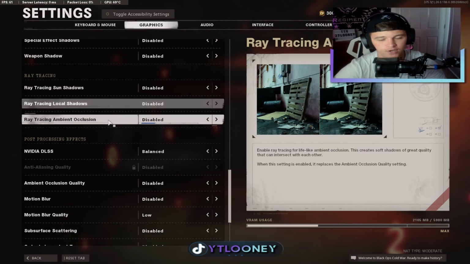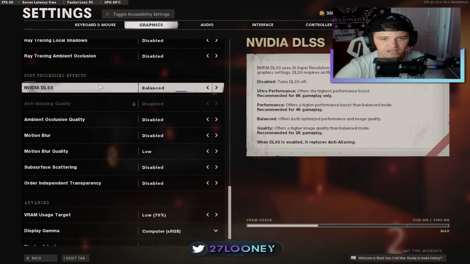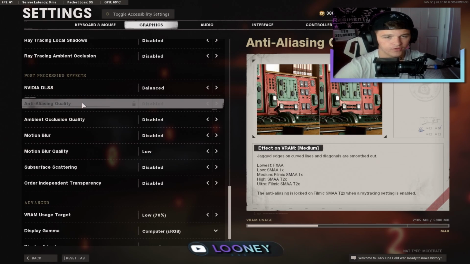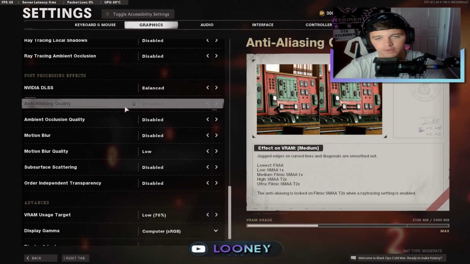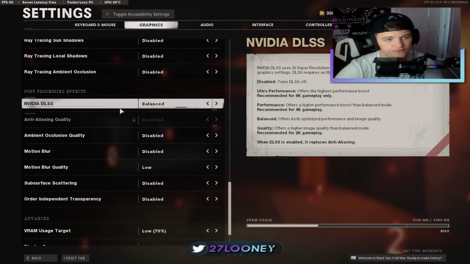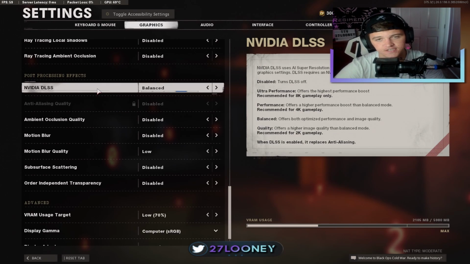Ray tracing, everything in ray tracing, disabled. NVIDIA DLSS, everything in this should be disabled. You should not have any of this set at all. Your anti-aliasing, once you use DLSS, if you have an NVIDIA graphics processor or GPU, you won't be able to use anti-aliasing. Now going down to your post-processing effects, I have NVIDIA DLSS because I have an RTX 2060,